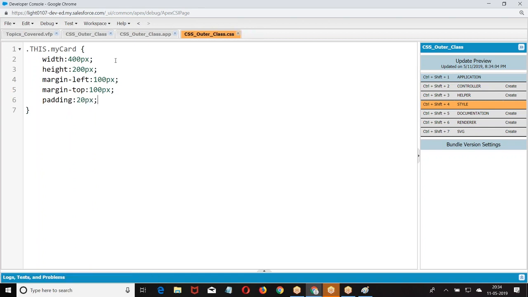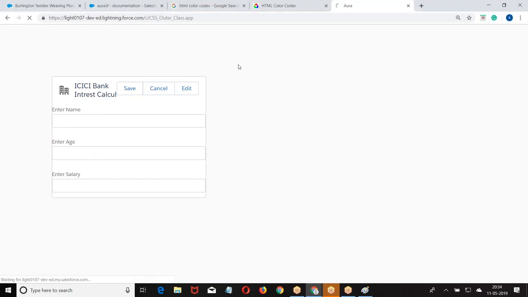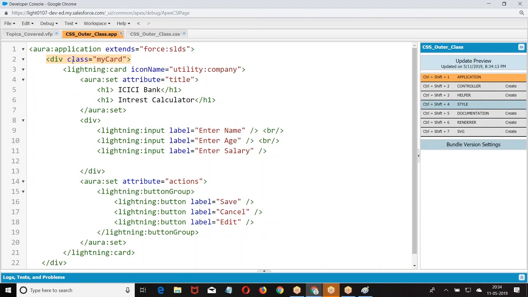This is what I applied. Where is this div applied? Div was applied for the outer card, the outer element. Have a preview. This is how we got it. Look at these elements. The data you are finding here is compact. It is coming to the border. So the gap is coming between these two, right? Why? Because we applied the div for this. This is the div for the outer div.